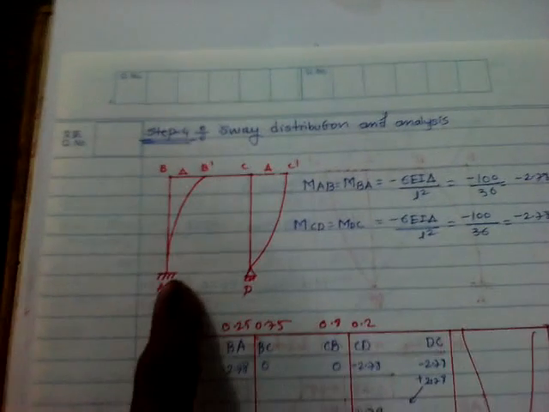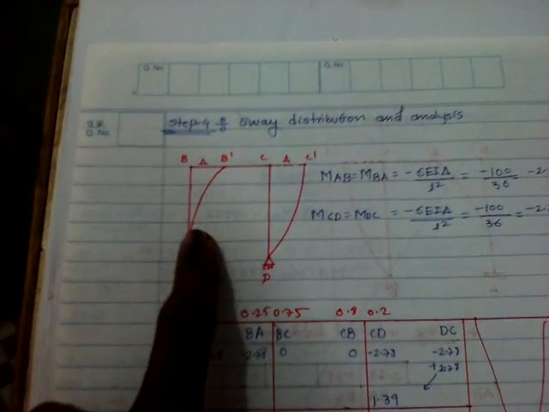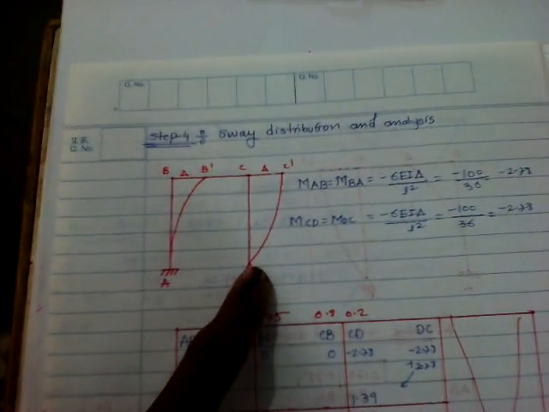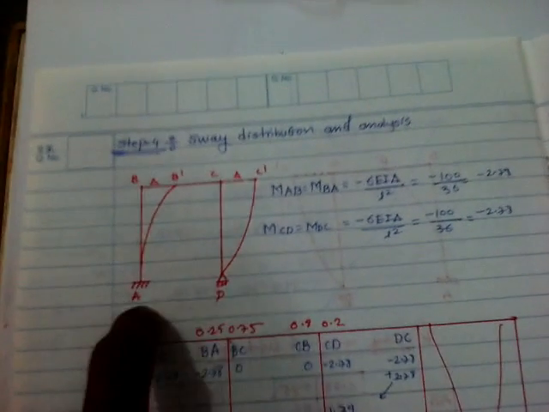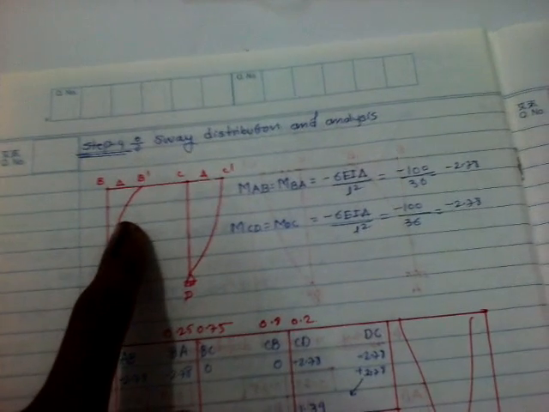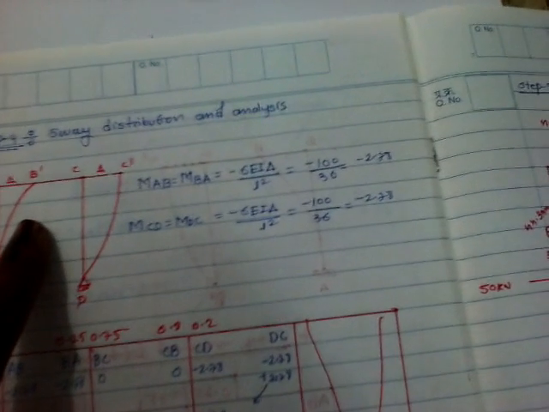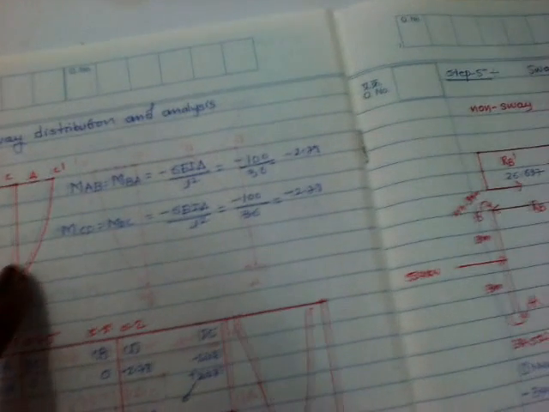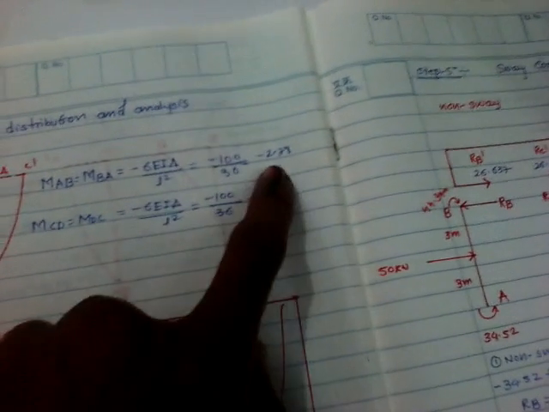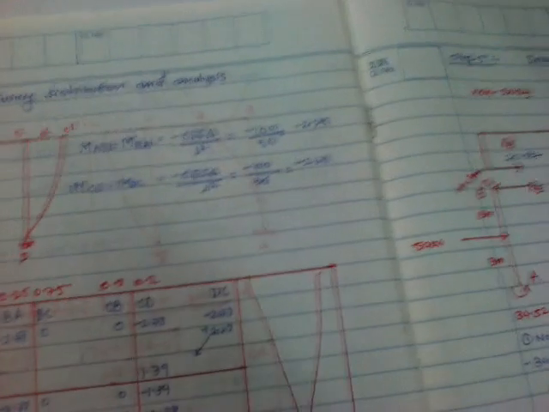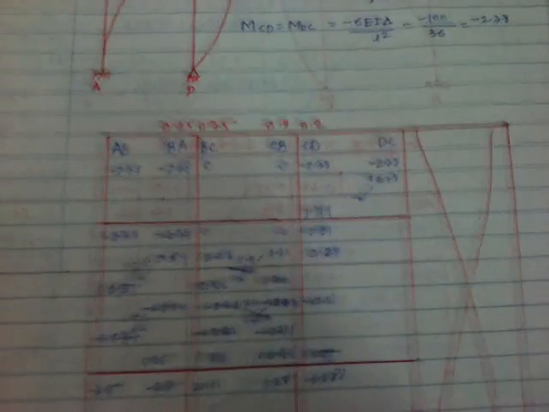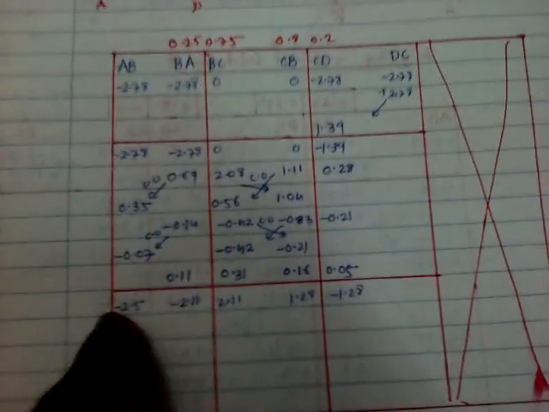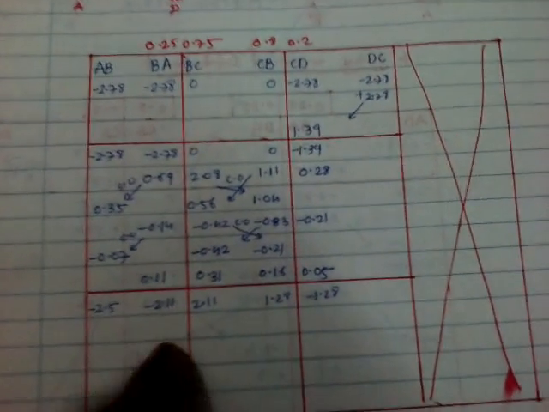In column analogy we discuss that if there is fixed, then the bending moment is from here. If there is hinge, then the bending moment is from here. So the moment of AB and BA is given by minus 6EI delta by L square. If it is not given, then consider 6EI delta equals 100, and L square, that means 6 square, which is 36. Okay, so this answer, and also there is this answer. Put the value. Similarly this is our sway distribution factor. Do the calculation. Similarly take the carryover, and these are your final moment calculations.